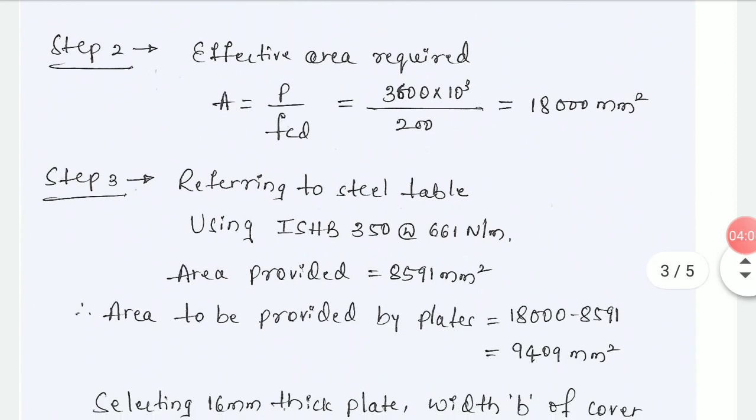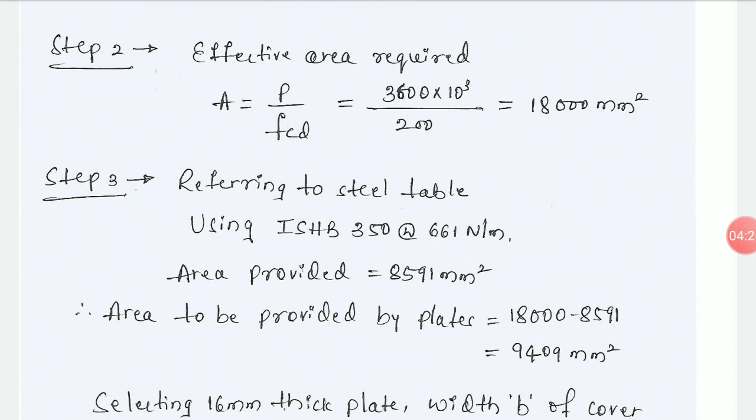Referring to the steel table, I will select the I section ISHB. Keep in mind, for columns with heavier loads like 3000 or 4000 kilonewton, you have to select ISHB members, that is Indian Standard Heavy Beams.